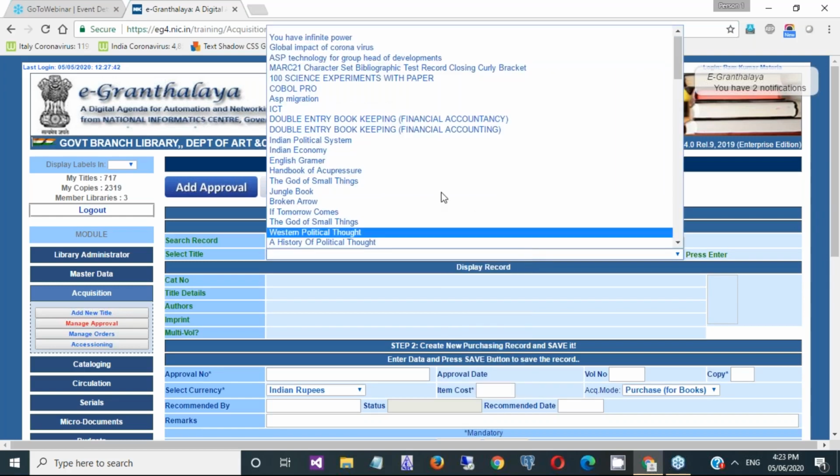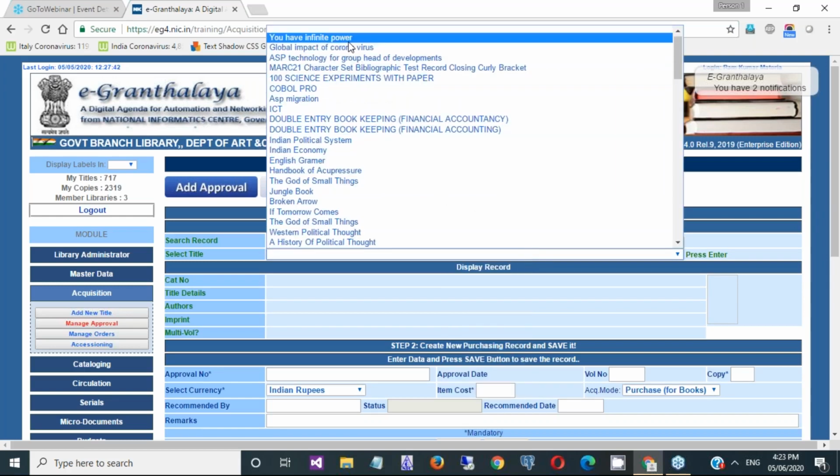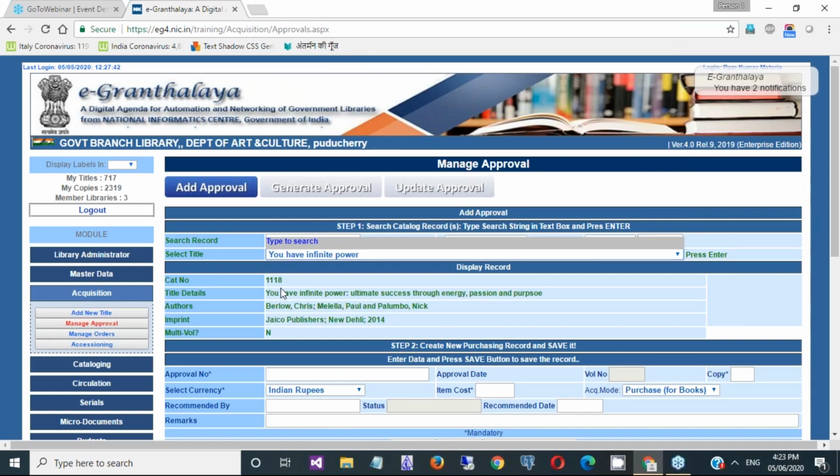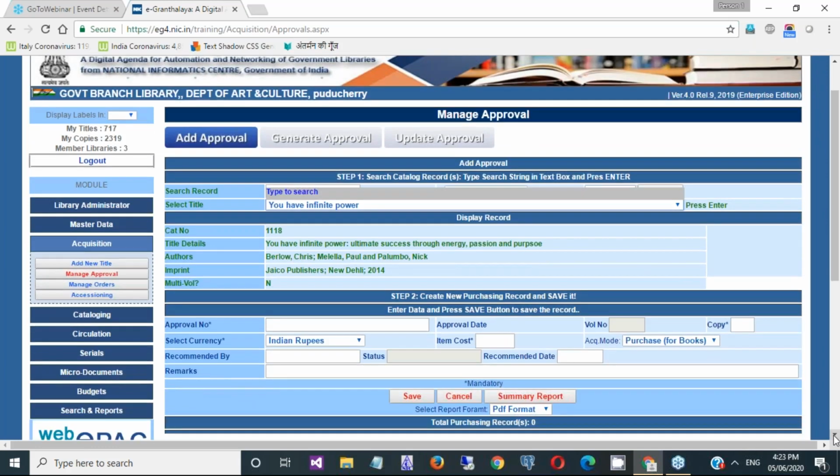So first I will take this book. On this form, you need to create one purchasing record for every book. If the book is multi-volume, then you need to create a separate purchasing record for each and every volume you are going to purchase in your library.